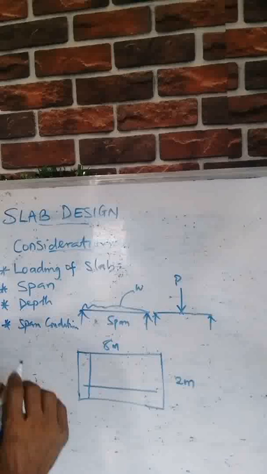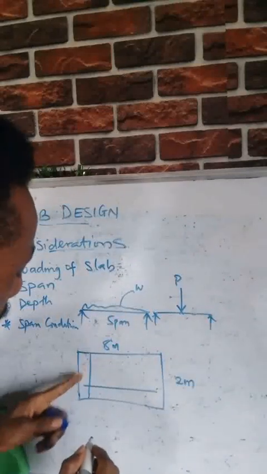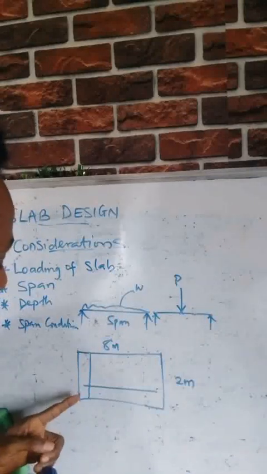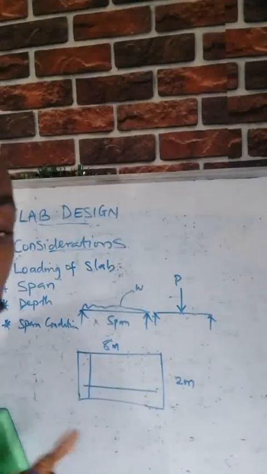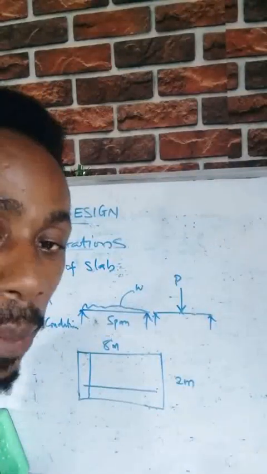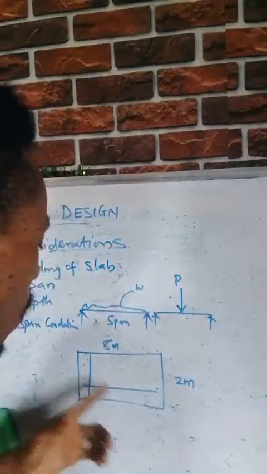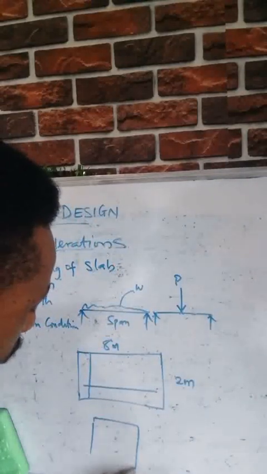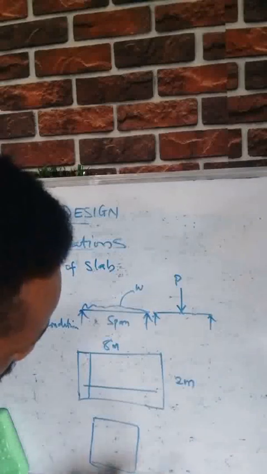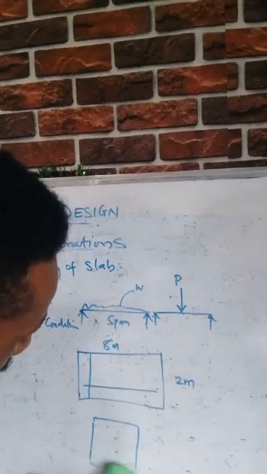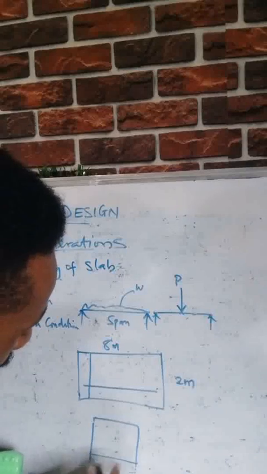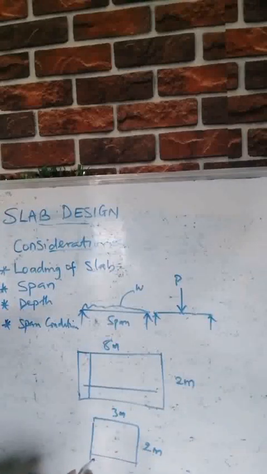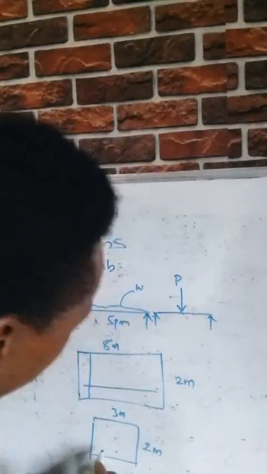In this regard, your main bar will be designed, while the distribution can be provided as nominal steel bars. But in the case of this, where we have 2 meters and 3 meters, and we consider it as a two-way spanning slab, it means that